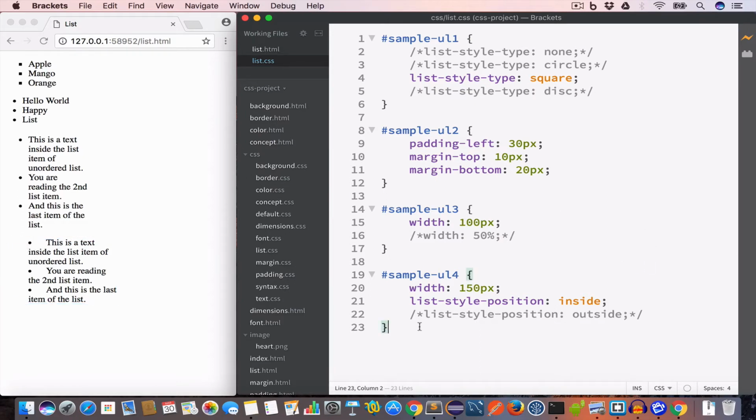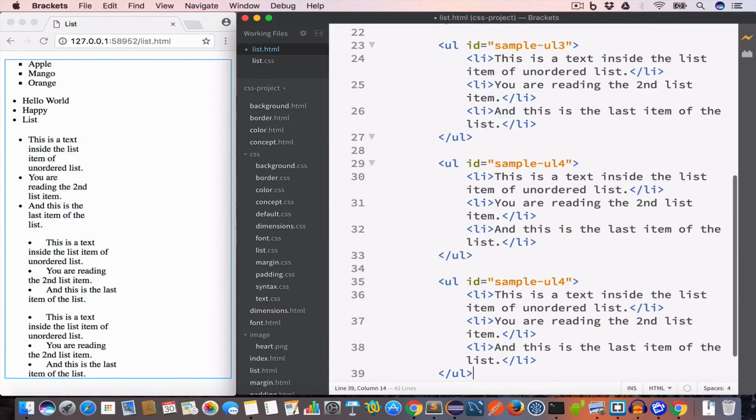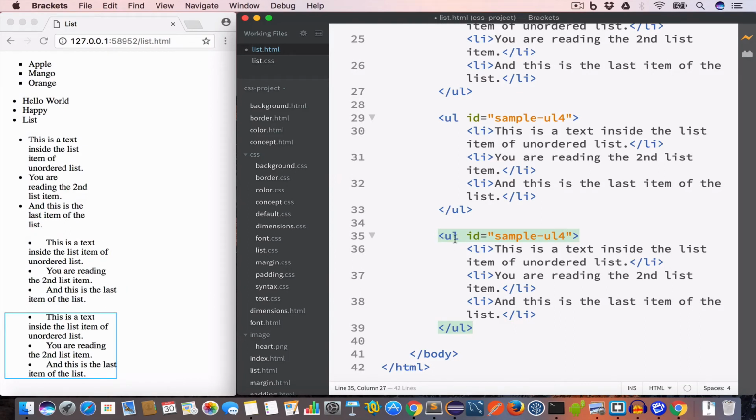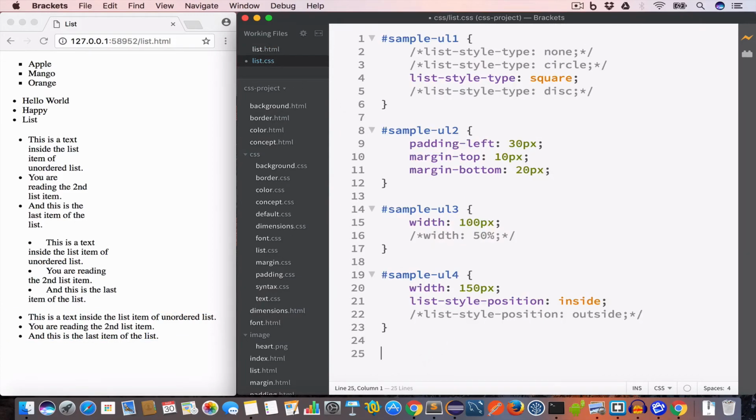The next property that we'll discuss is the list style image property. And we use this property when we want custom image as markers for the list items. So let's say inside our HTML file, we have an unordered list. So let me go ahead and copy this. And this unordered list has an ID sample-ul5. So inside our CSS file, we'll write hash